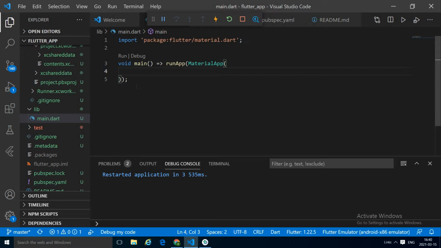Today we are going to continue with Flutter Basics 4. So we are going to create our own app. So let's get started. So home